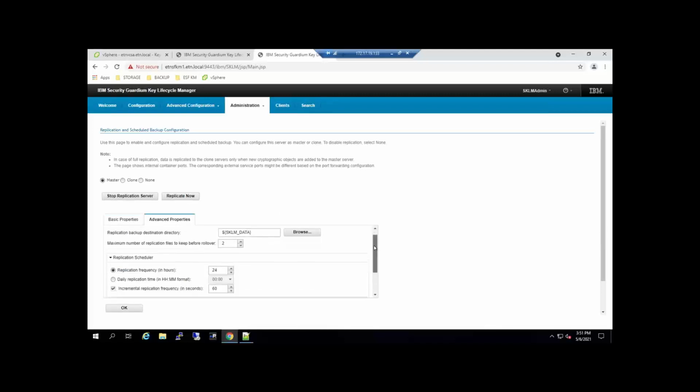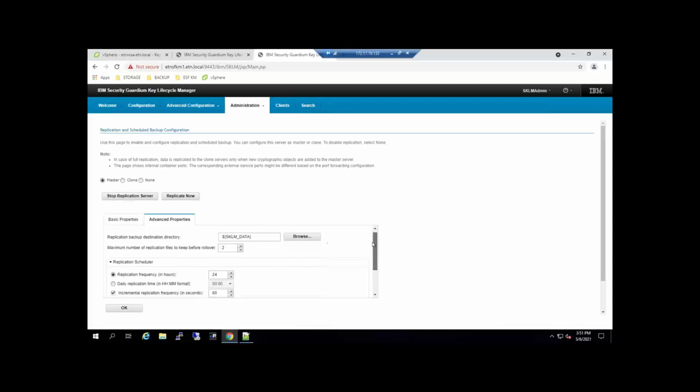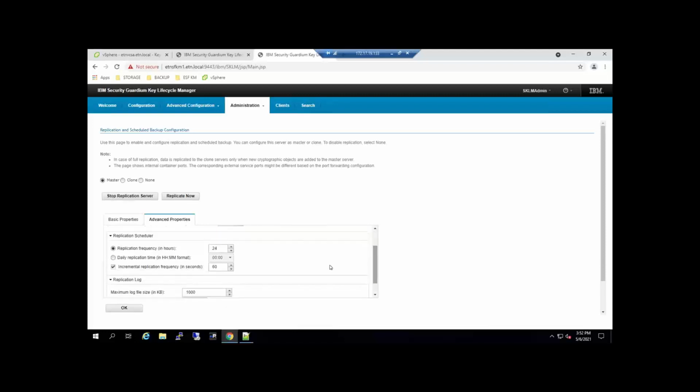I can also specify some advanced parameters. This is the default directory for the backups, where they need to be stored. And here we can set up the replication frequency, how often we want to have the changes replicated to the clone.